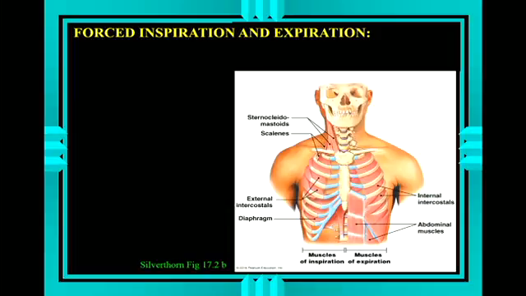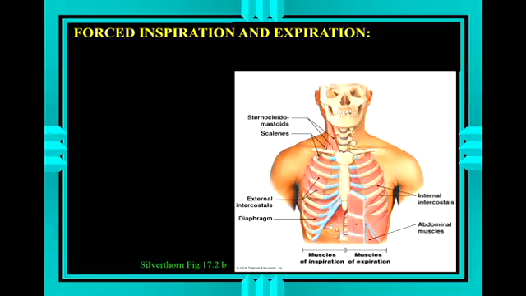by contracting your abdominal muscles, what are you going to do? Squeeze your abdominal contents, your guts. Where can they go? They can't really go downwards. They're going to go upwards to the diaphragm, and they're going to push the diaphragm really high. So the abdominal muscles will help reduce the volume of the thorax and help you breathe more air out, as